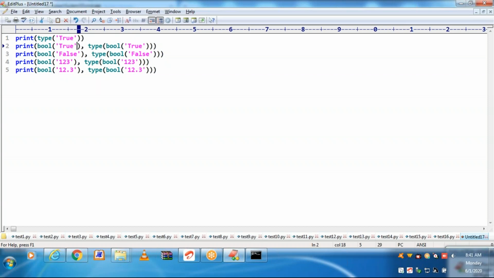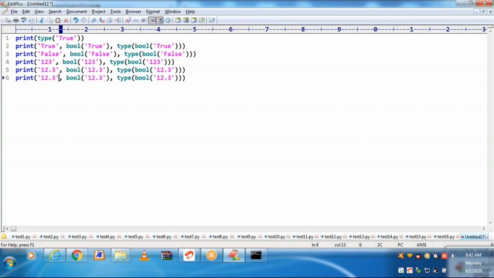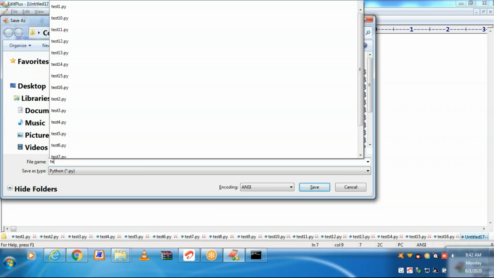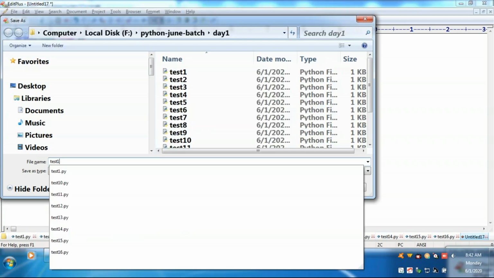Let me also print the literal, whatever you are typing. 17.py.